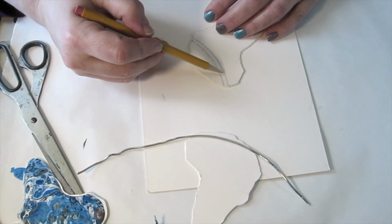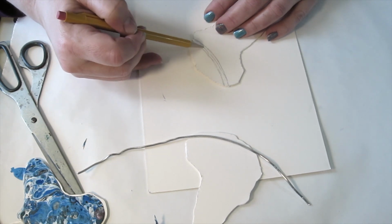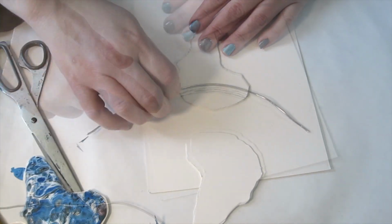And so what I'm going to do is cut out this middle piece here, and that's going to be the channel where the cord for the pendant will run. Now,